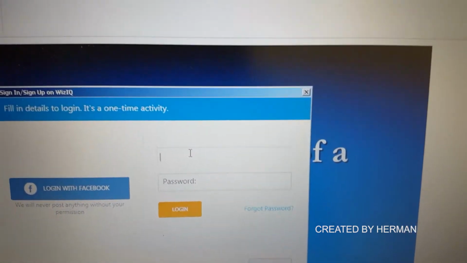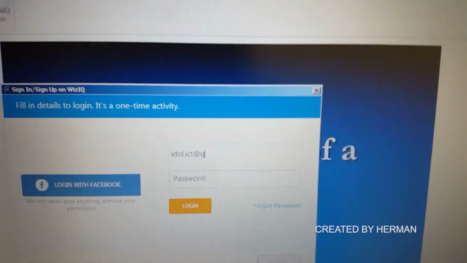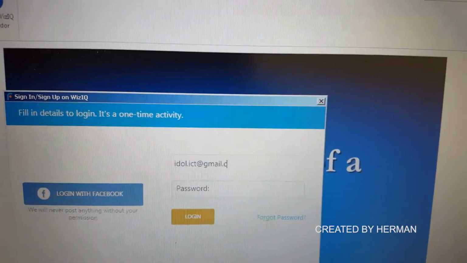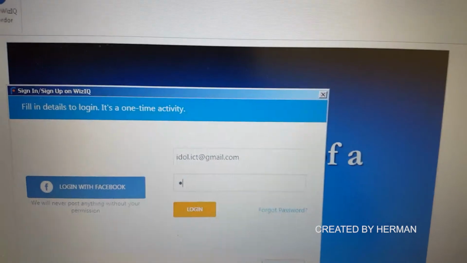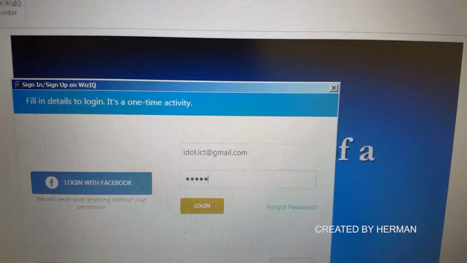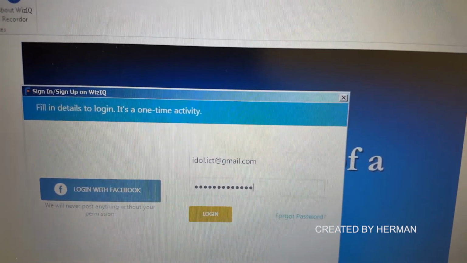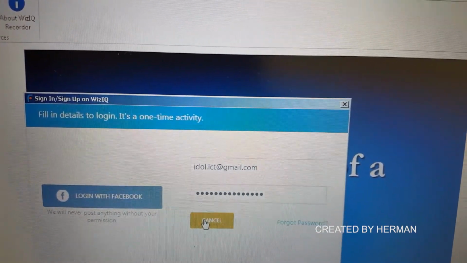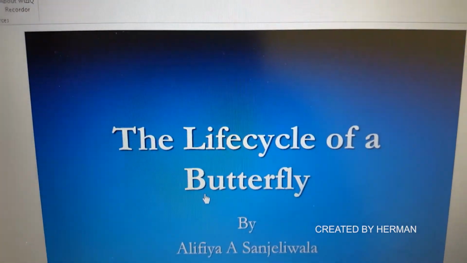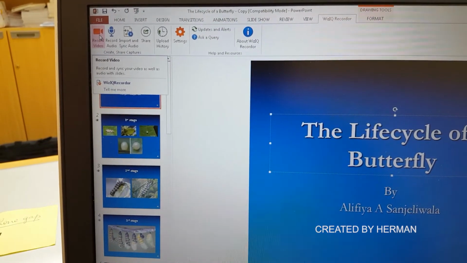and let me enter our account details. It's a very simple process. It should not take time. They will send you an email, you'll have to verify it, and after the verification you'll be able to sign in very easily. Once you do that, just say login on the screen. After you hit login, let me go to the recorder video again and show you exactly what happens.